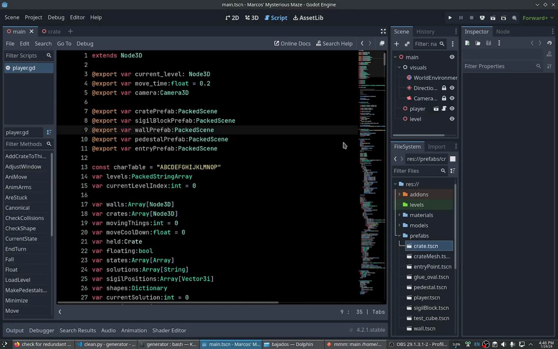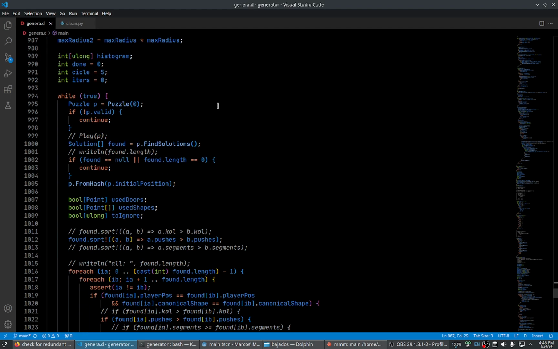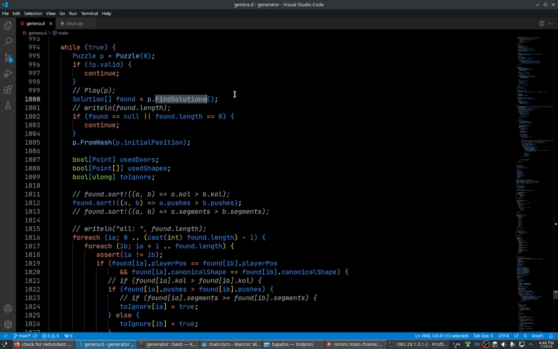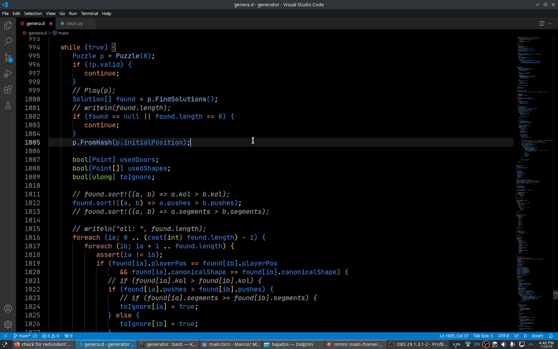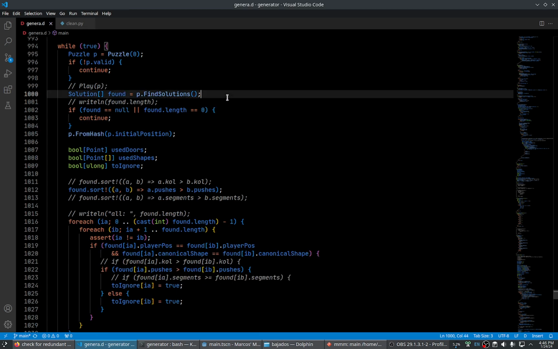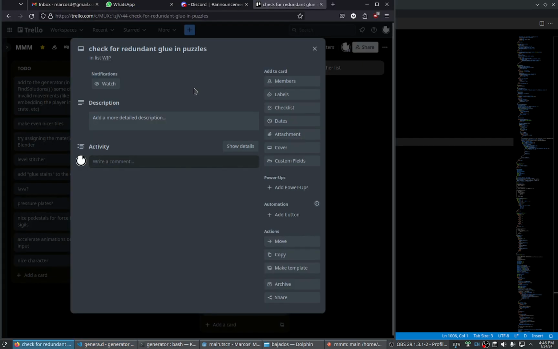And I thought I was going to modify the generator to check after we find the solutions. Let me increase the font a bit. After we check the solutions, check one by one and remove glue, and check if the solutions are equivalent, etc. But I realized that I can do something a bit more crude, but